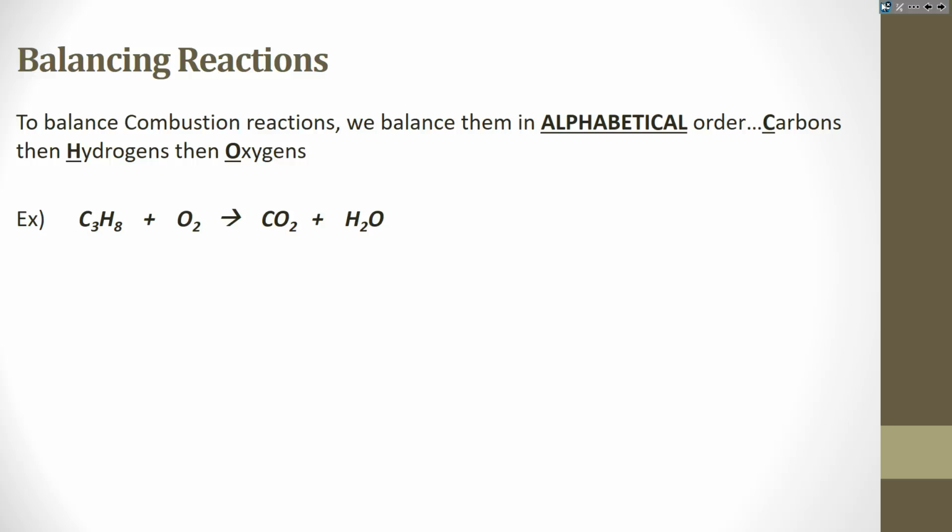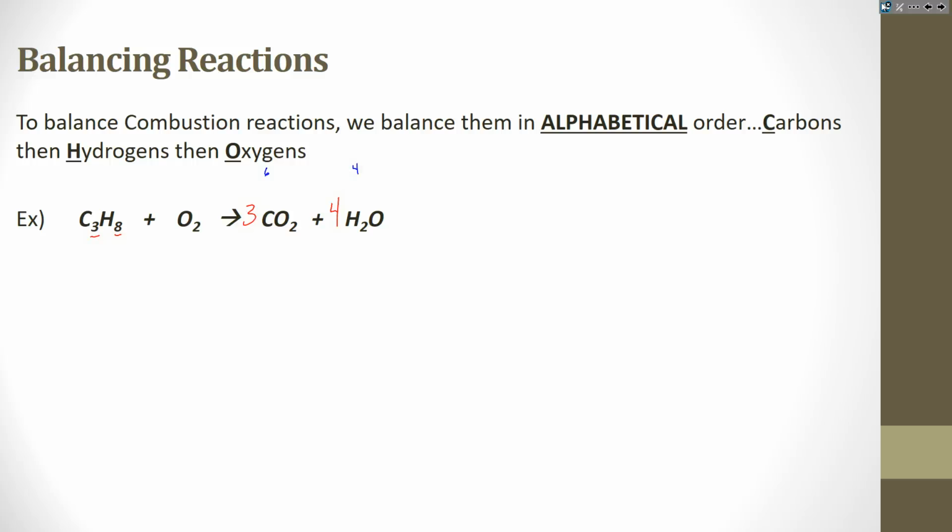So starting in alphabetical order, I'm going to do carbons first. There are 3 carbons here, so I'm going to put a 3 there. Now to balance the hydrogens, I have 8 here, so I need 4 times the 2 to give me 8 on the other side. Now I'm going to look at my oxygens. On this side, I'm going to have 3 times 2, so there's 6 oxygens here,